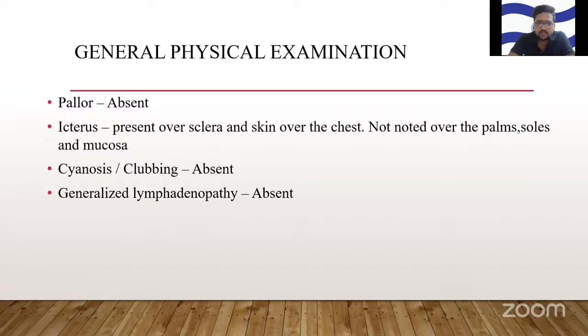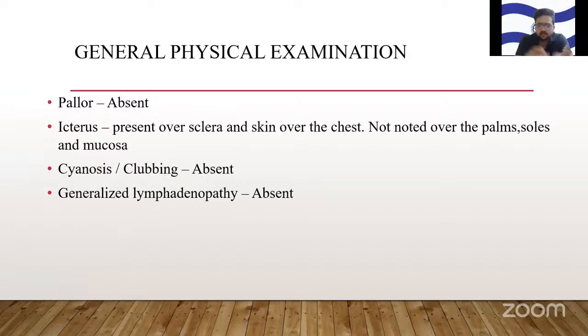So, why did you ask about generalized lymphadenopathy in this patient? Sometimes to rule out any enlarged lymph nodes, because in certain GI malignancies, gastrointestinal malignancies, the left supraclavicular lymph node may be enlarged. Also, the lymph nodes around the umbilicus might be palpable in certain carcinomas. To rule out, I had to ask for generalized or certain lymphadenopathies.